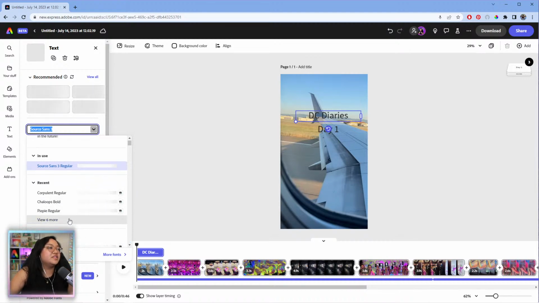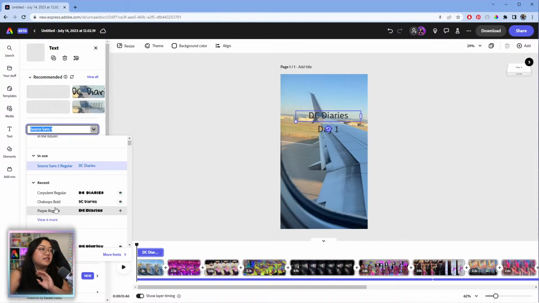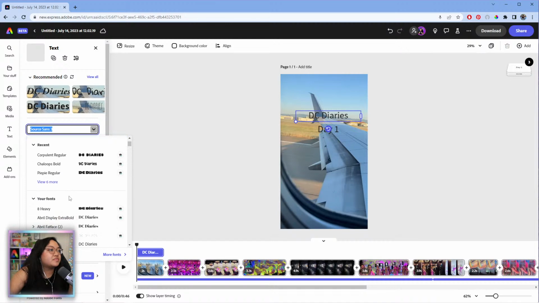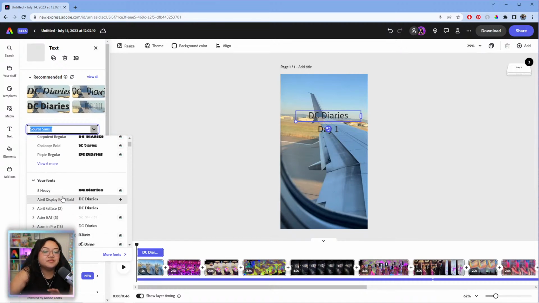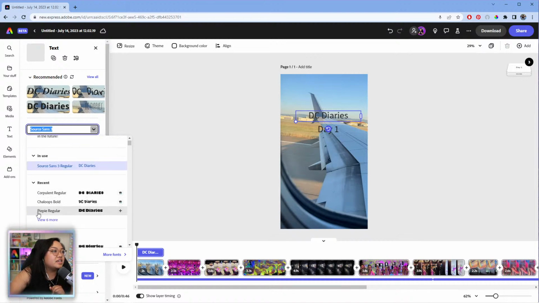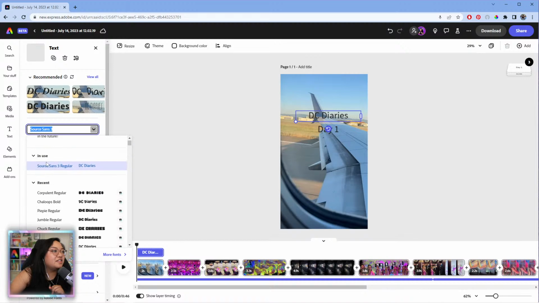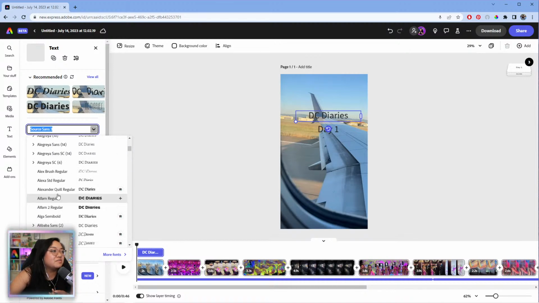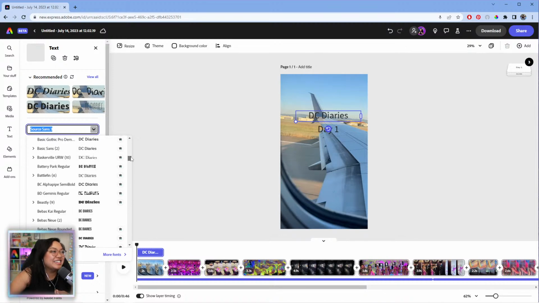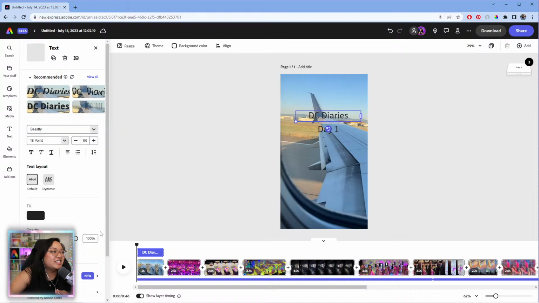I've been really loving doing a little funky kind of text up top, and then any subtitles or anything will be sans serif, like just a regular font. So let's see what we have here. What are my recent fonts? What have I been doing? I don't remember doing this at all. This is actually the first time I'm opening Adobe Express since coming back from vacation. This is cute. Oh my gosh, it's so funky. We like it.